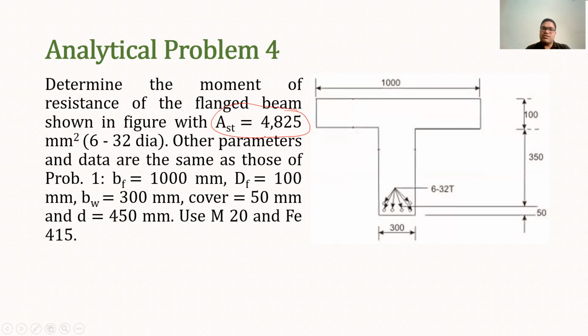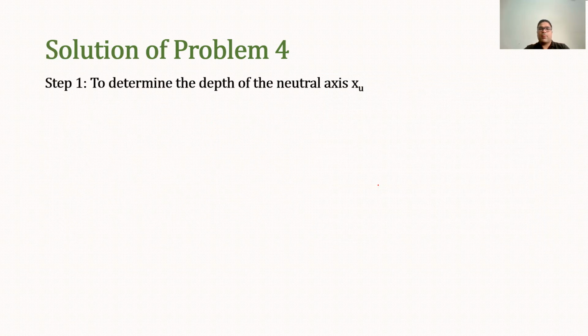So you can see the figure is the same. We have the same dimensions, the T-beam. The only thing changed here is the area of reinforcement. So with this change in area of reinforcement, what will be the change in moment of resistance, and which case does it fall into now? Again, we will follow the same steps to determine the neutral axis